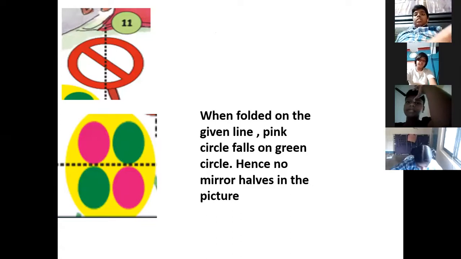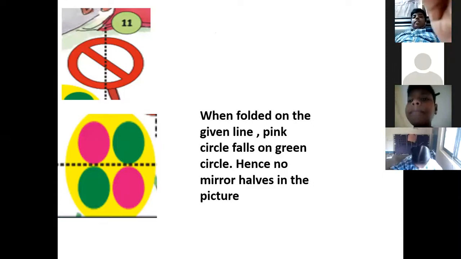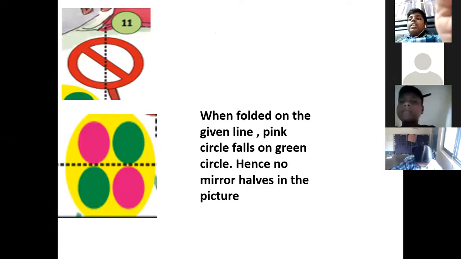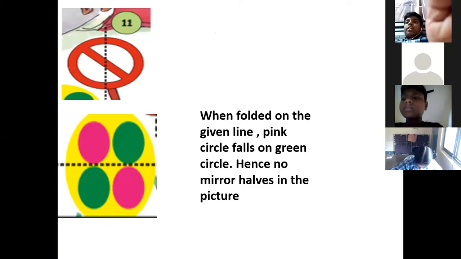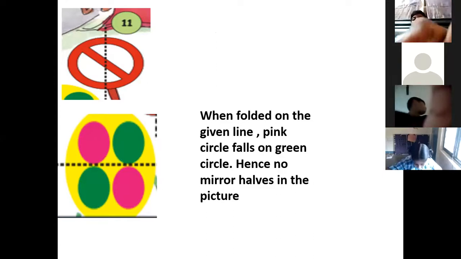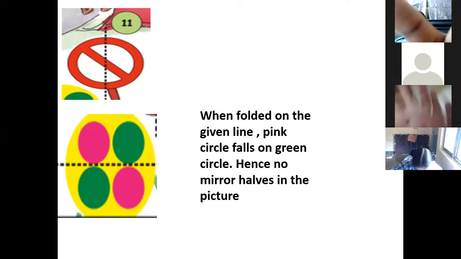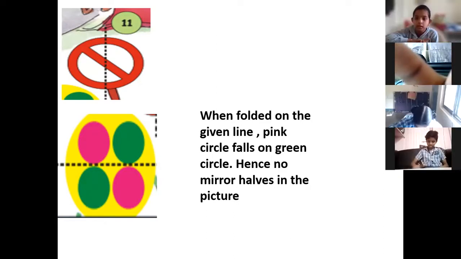What about this? The eleventh one is okay. No, sir, the eleventh is correct. The tenth is not correct, sir. White is cutting. The tenth one is not correct. Sir, the eleventh is not correct because in the circle there is a down line. That's not correct. This side also it's not correct.